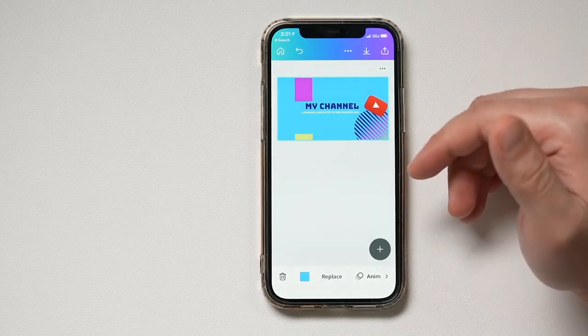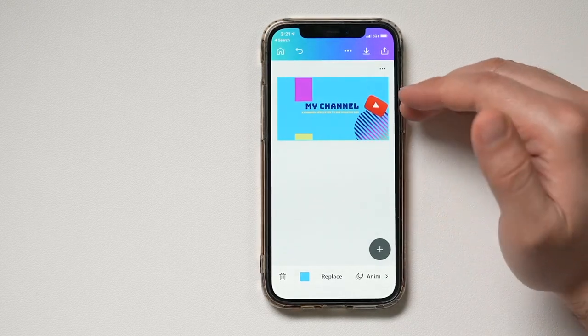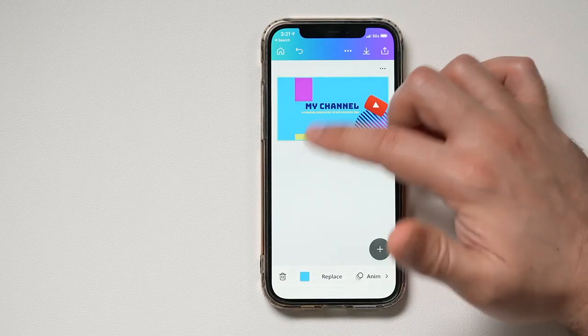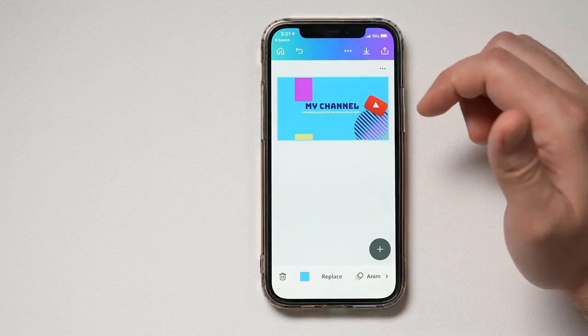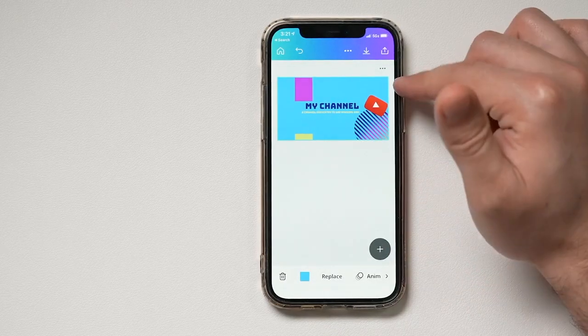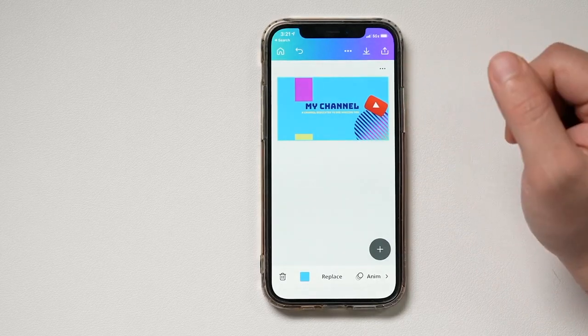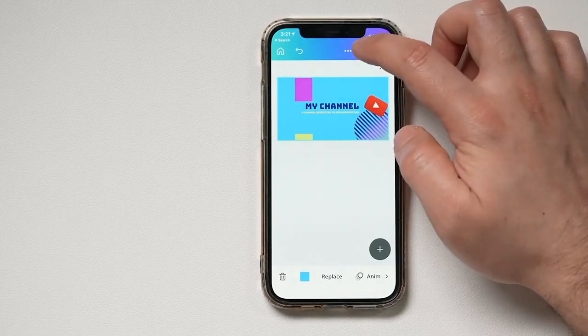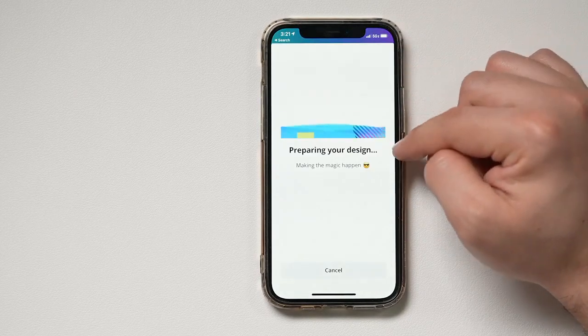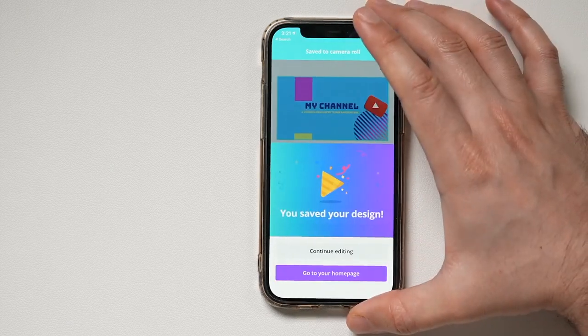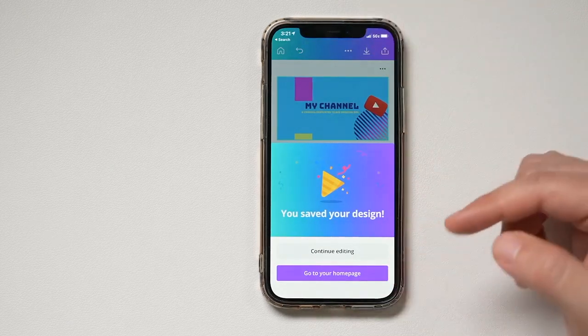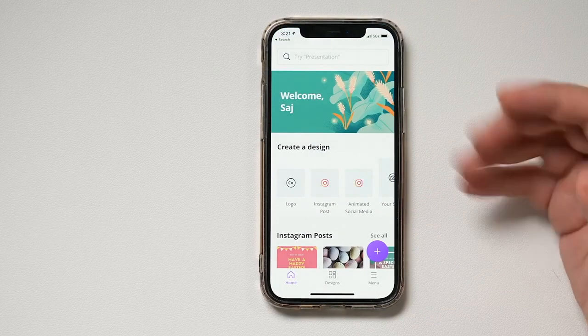When you're happy with your design, and again, make sure you start with the templates and just make some minor changes, including text changes and maybe adding some elements and changing some colors. Not much more than that. All you have to do is press this download option right here, and it's going to save that image right into your phone, right? So now it's done, and I could go back to the home page and then start another design,